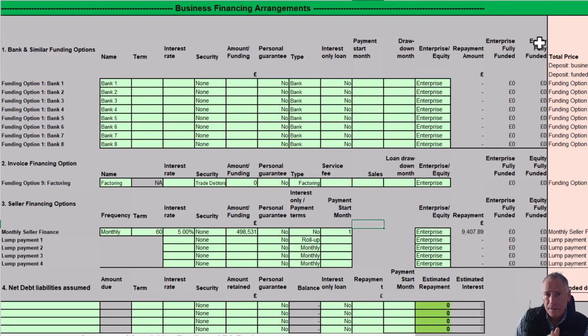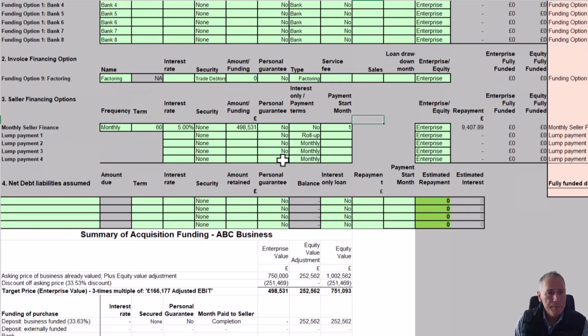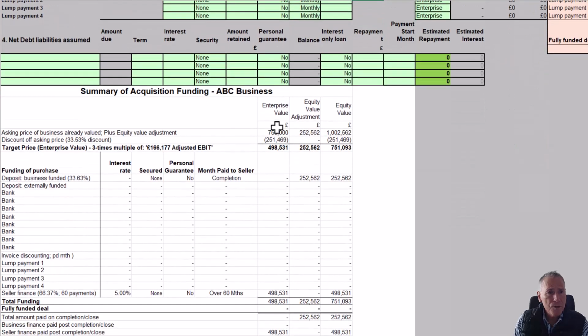But with a business, as I was saying, and in this example, that can go the other way. So if the cash or cash equivalents is higher than the liabilities, which is the case on this example, then that will add to enterprise value. So it'll be the enterprise value, which is the multiple, plus the amount equivalent to the net amount of cash in the business. So now we've done that, we can come down to the report, and you can see the